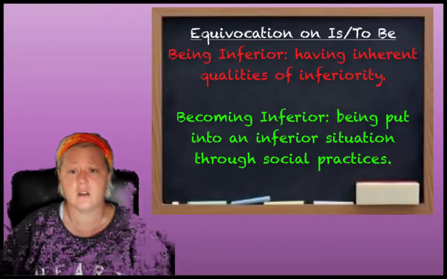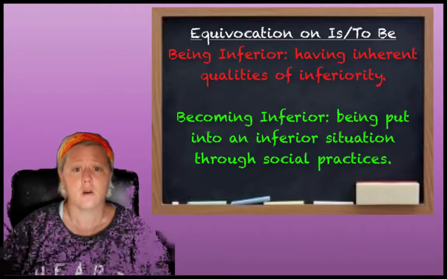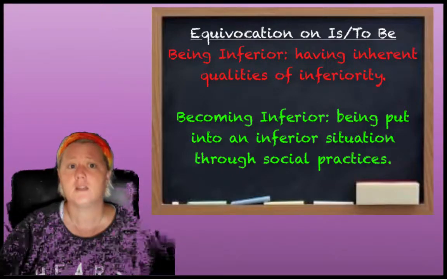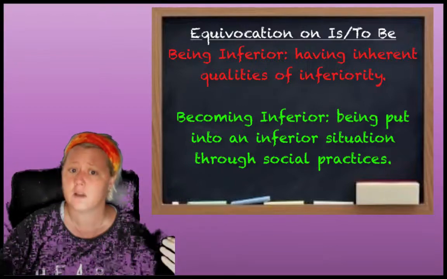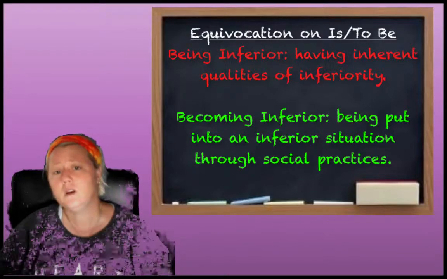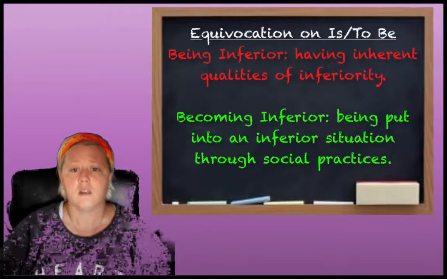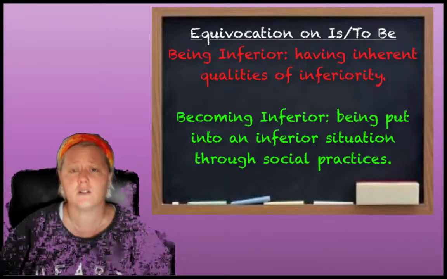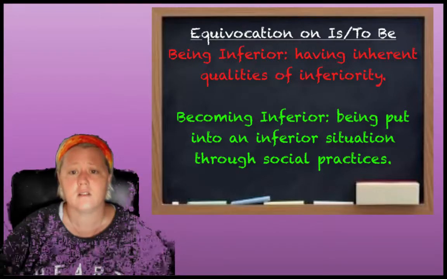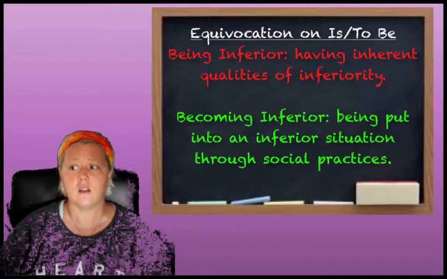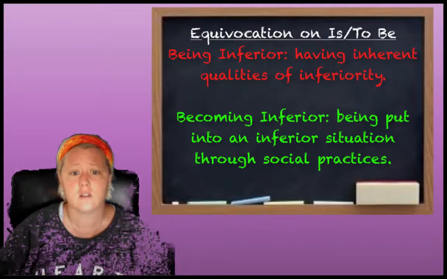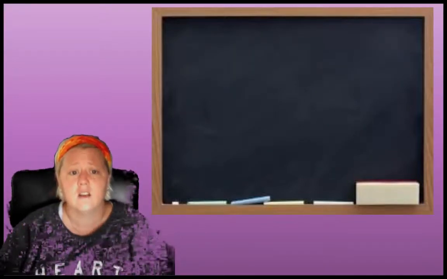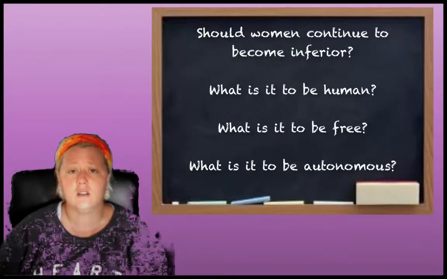This is something that happens within a social milieu. There's a tension here. We play a role in our oppression because we internalize our otherness. It's part of our identity formation. On the other hand, we don't play a role in our oppression because there are limitations and barriers that keep us from transcending the situation in which we find ourselves. So Beauvoir asks, should this state of affairs continue?